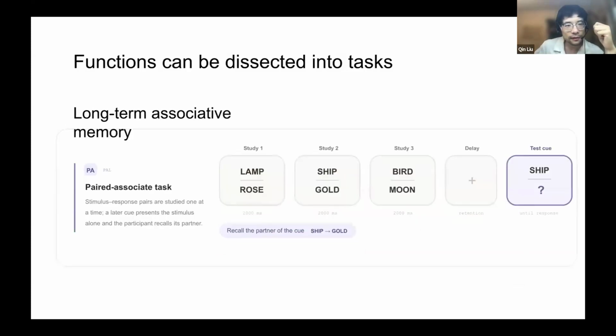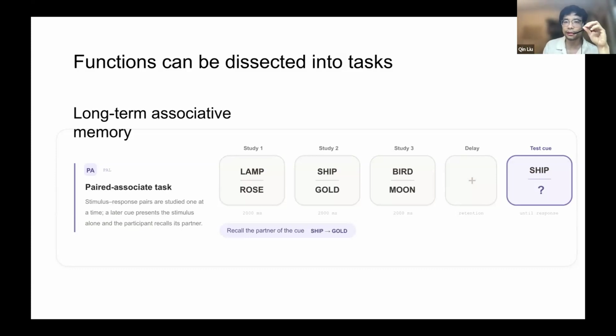And then we have another example of long-term memory. So associative memory is the building block of our long-term memory. So we always associate things together. For example, when we see a tree, we have the image of the tree and the word of the tree, TREE, and the pronunciation of the tree. So we associate all those elements together, and that is called associative memory.